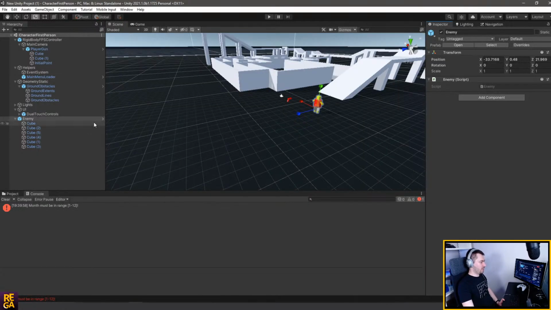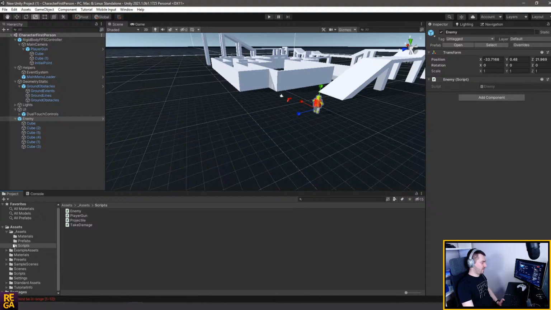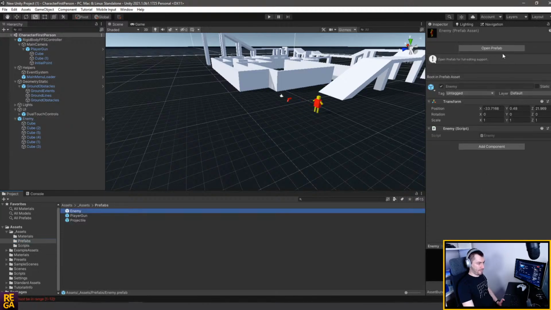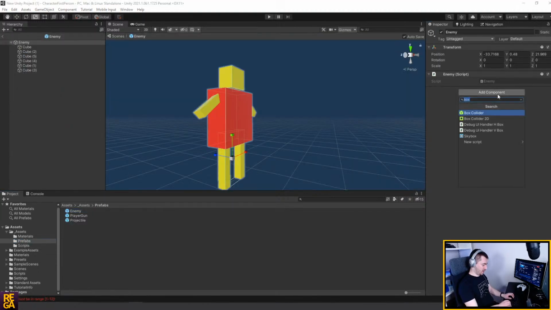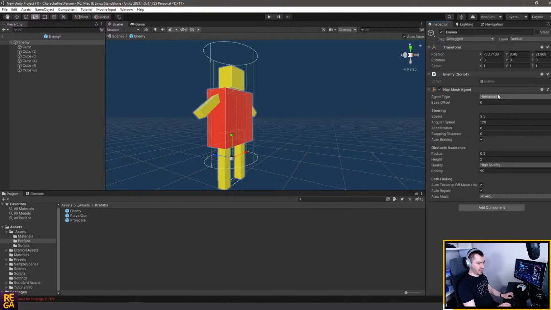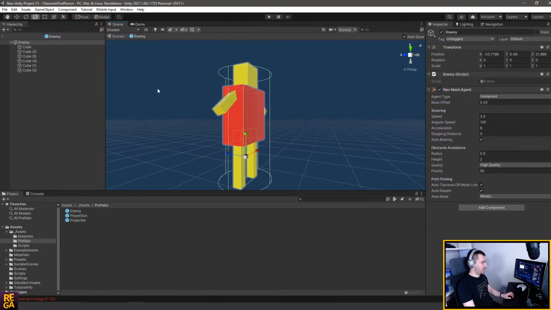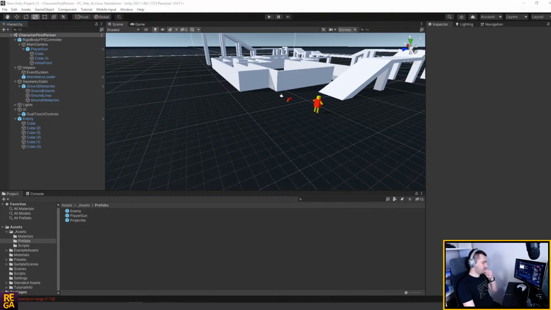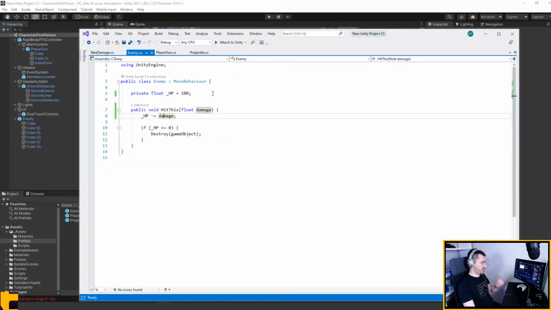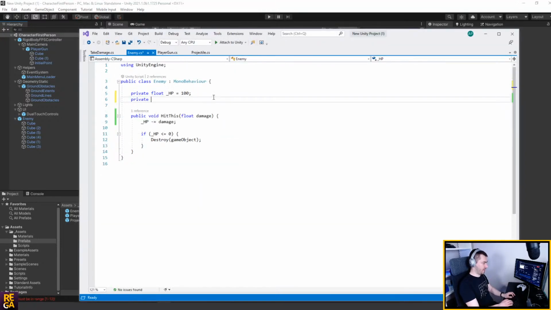So what you can do here is go to the enemy prefab and add on the NavMesh agent. NavMesh agent adds an actual collider, I'd say, which needs to be adjusted, because this is how it will map to the scene. The enemy script needs to have the following. It needs to have the NavMesh agent,